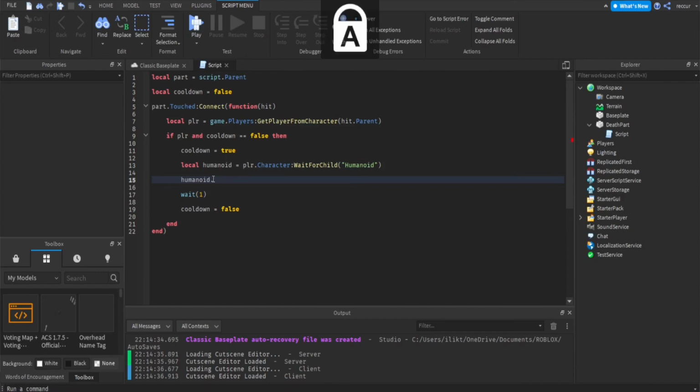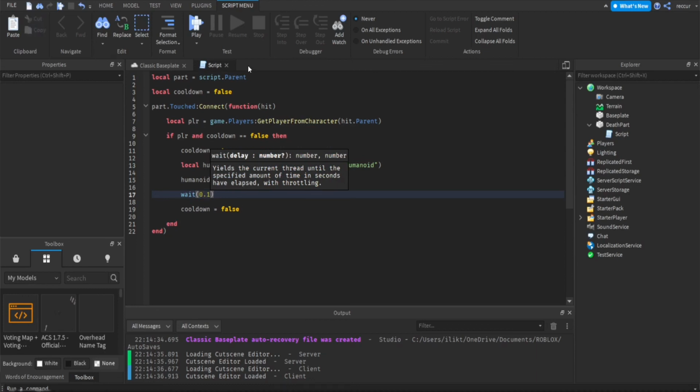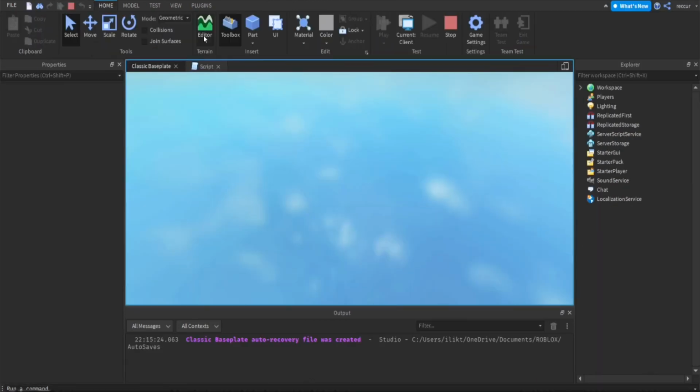Oops, capitalize Health. So minus equal. You can do 40 this time. You can do 10. You can do 75 if you want more damage. But yeah. Let's change this to 0.1 so it's cooler. And yeah,